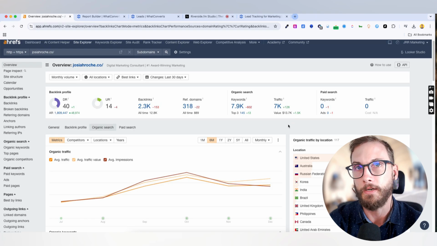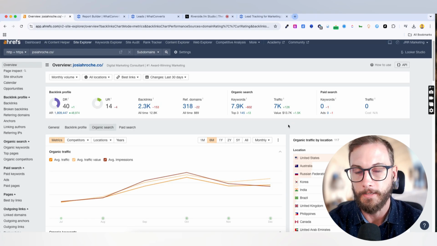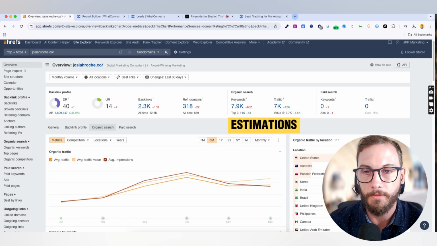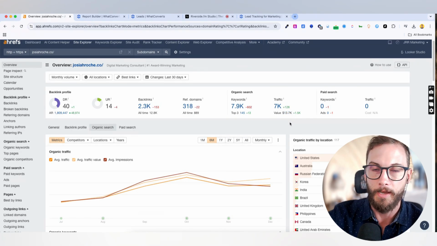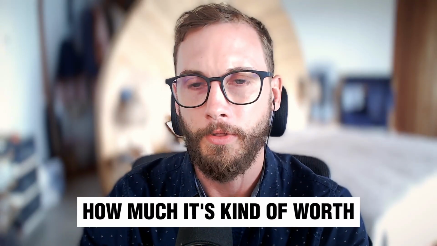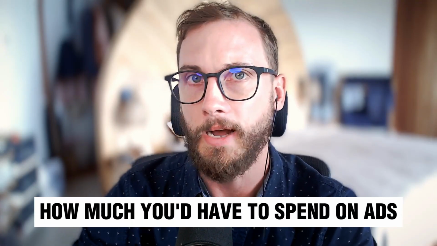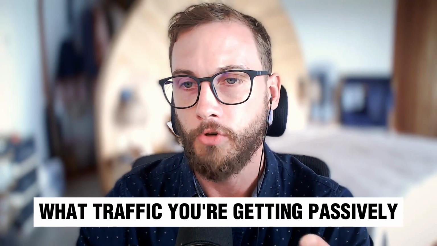Now, one big caveat to this is that Ahrefs has its own calculation for this. This is pure estimation, right? It's not 100% accurate. It's just an estimation based on their calculations of what they think the traffic is worth based on your current ranking. SEMrush has got its own thing as well. Moz has got its own thing as well. They're all like that. So don't take anything like this as though it's gospel, right? It's not going to be 100% factual. It's just going to give you a ballpark to give you an understanding of how much it's worth, how much you would have to spend on ads normally to get all these rankings,